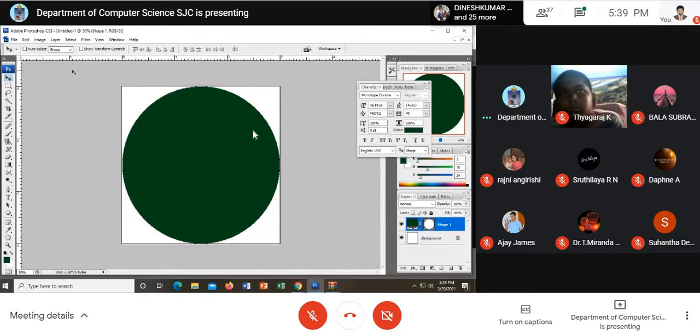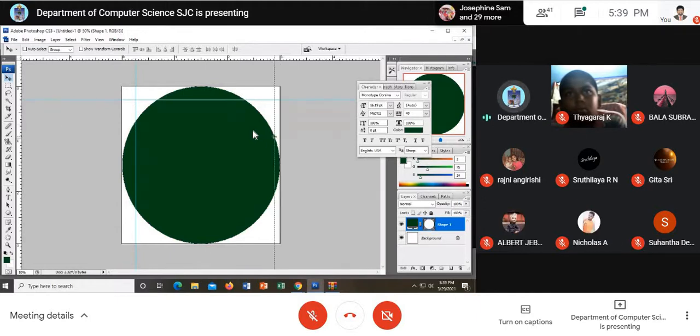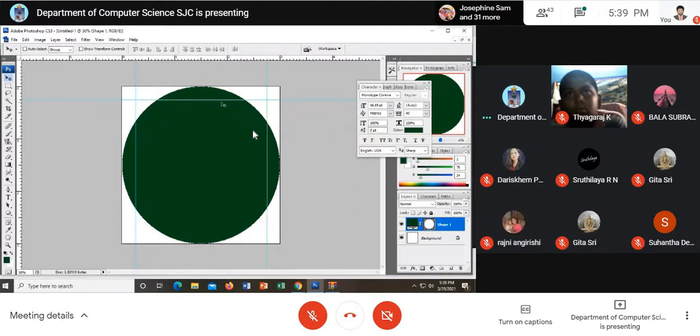Now what do I do? Before I move on, I take the grid lines. See here, grid lines, 0.25. This is actually 1 inch. I want to go for 0.25. I just make it here, and this side also, left side, 0.25. On the top, you'll be able to measure. And the right side, the same. At the bottom, I bring it down, drag it, and do it like this. See, I have created it on all the sides.